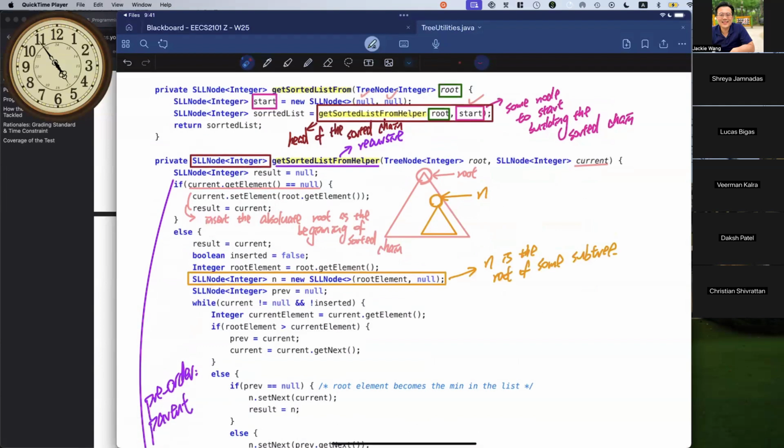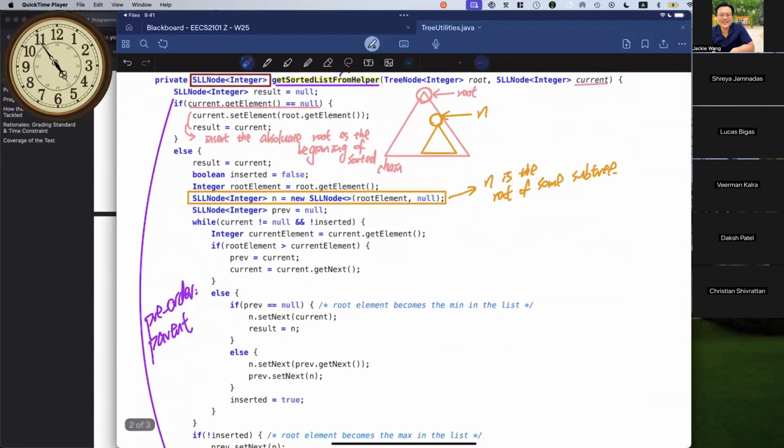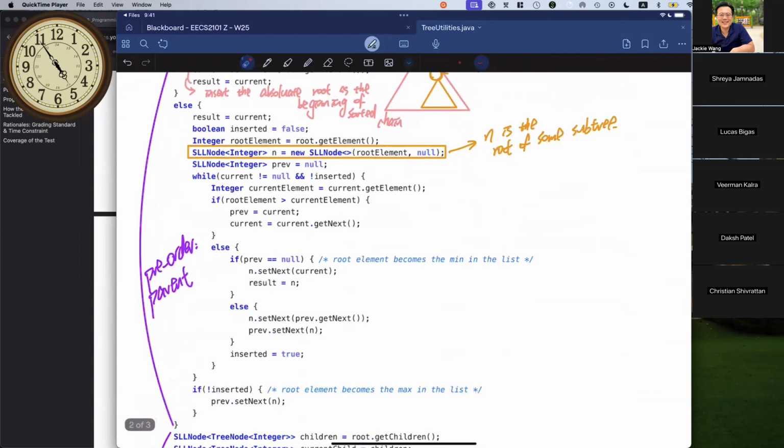Okay, and then you want to watch out for the insertion itself. You can think about the while loop over here as really doing some insertion step to make sure the root is actually inserted into the sorted chain so that the resulting chain also remains sorted. I'll talk a little bit more about it.